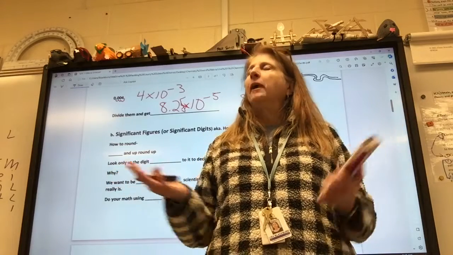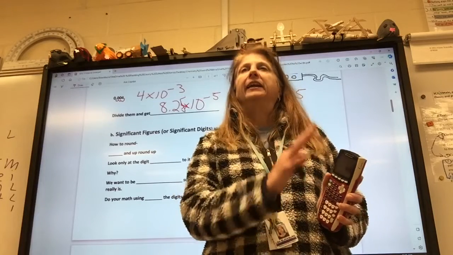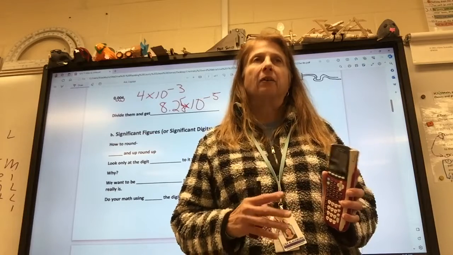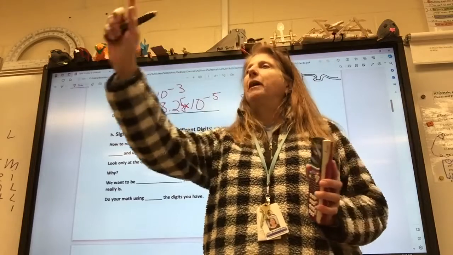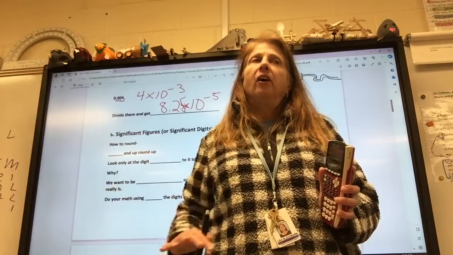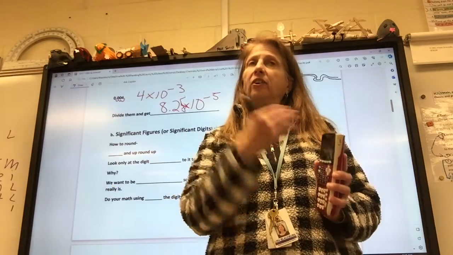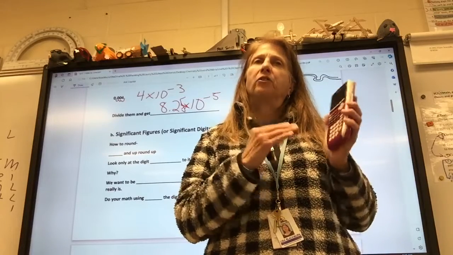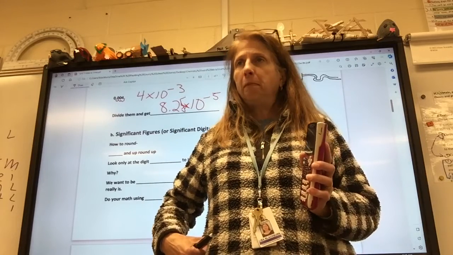What do you mean we're lying? We're making it look like our lab equipment is better than it is, and it's measuring to more decimal places than it does. We have cheap lab equipment. We have 3 little balances around the room. I think they read to the 10th, or maybe they can read to the 100th, but that's it. They certainly don't go as far as your calculator can go. So we have to make sure that our numbers reflect our measurements. Does that make sense to you now?